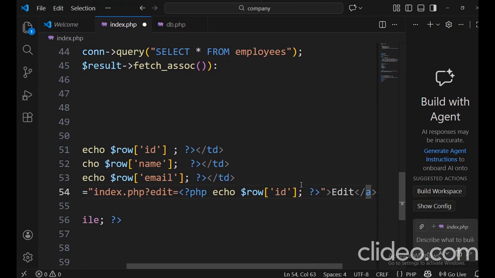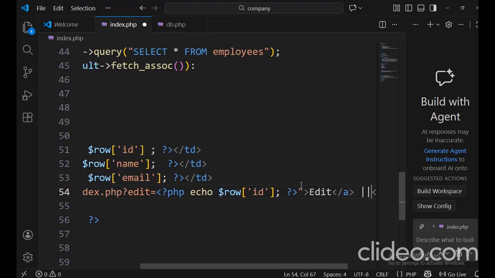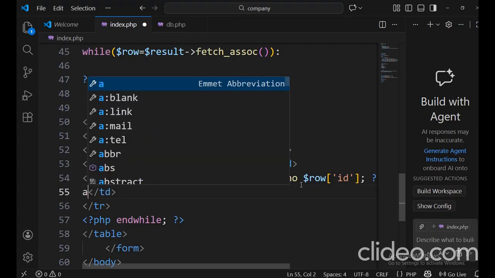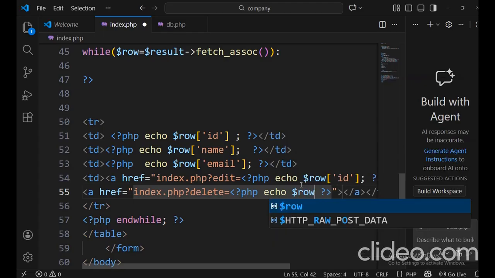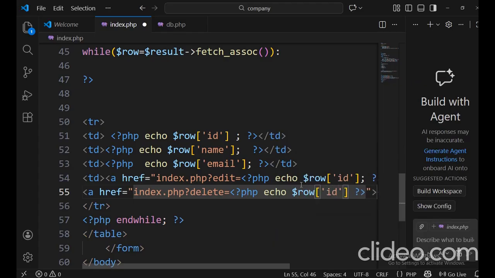Okay, now we want the same index.php?delete= same PHP code $row ID. Okay,